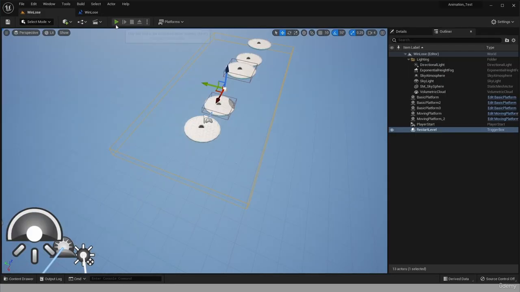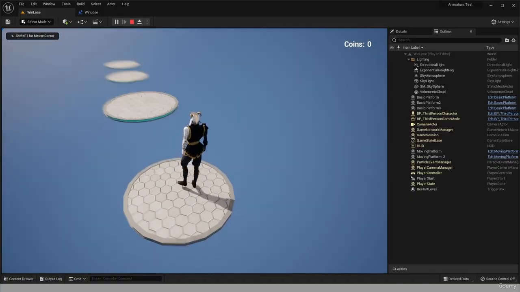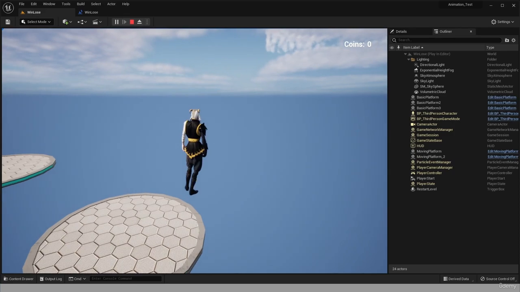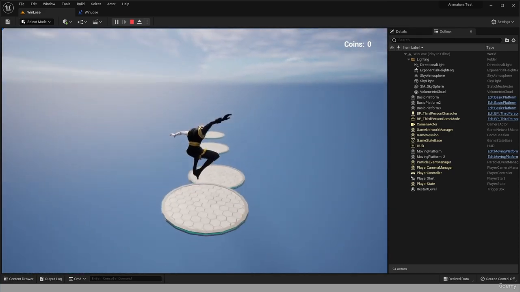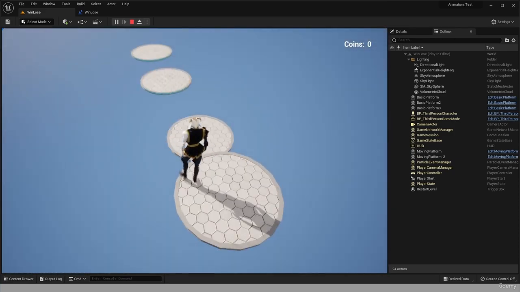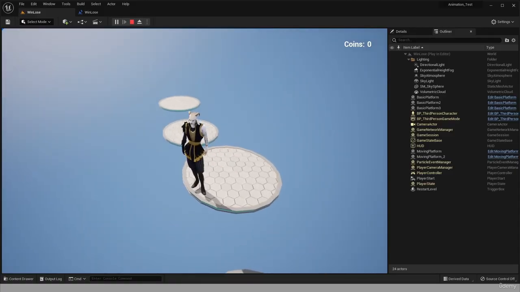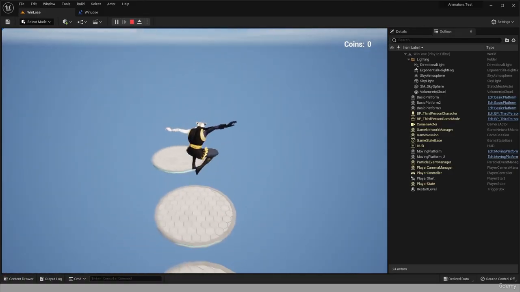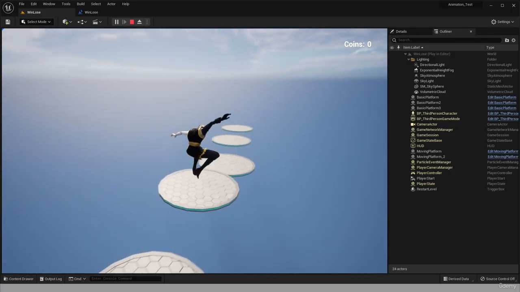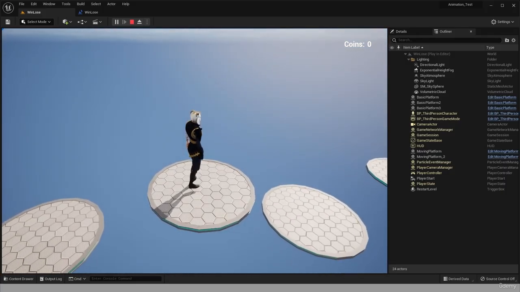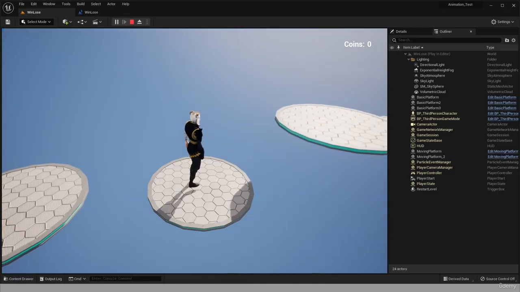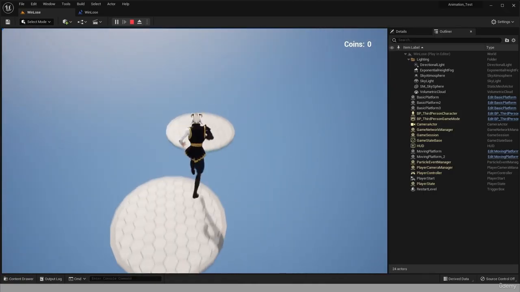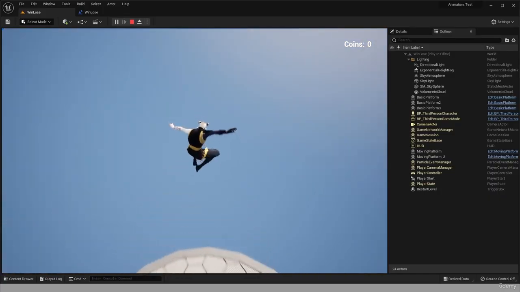Let's go back and check. So let's say we are very clumsy. You can see it just restarts the level. So let's check that when we are here on this platform, it doesn't overlap the trigger box. It doesn't. I'm gonna check this platform as well because it goes down. No, okay, very good. So yeah, jump, jump, jump. No,